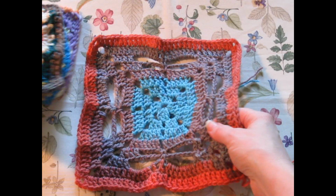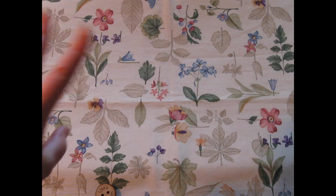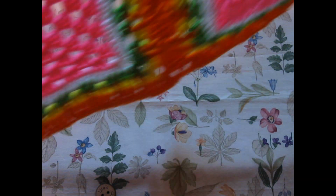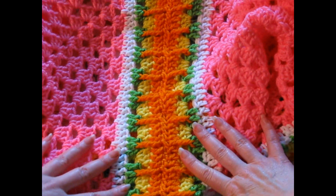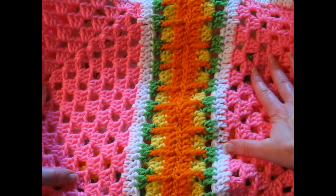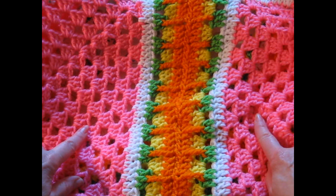So, we have 2 patterns listed on Ravelry. I also have 2 new designs. Let me show you the first one, and you know I'm coming off of my not so granny square kick. Look at this poncho! Isn't this... I'm sorry, it's a Bolero. Isn't this cute? I will insert pictures at the end, as I always do, so you can see the full size of this. This is 2 Hexagon